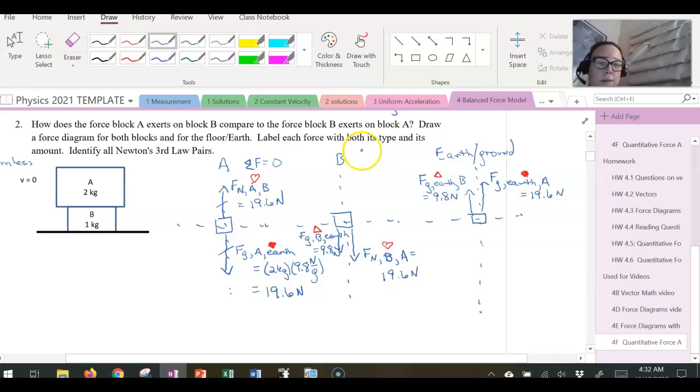Block B is motionless, so I know the net force equals 0. And there must be some force pointing up that balances these two forces that are pointing down on block B. Since I know that the net force on B equals 0, it must be that there's some force that's supporting block B, right? Block B is pressed into the ground, so the normal force that's being exerted on B by the ground must equal